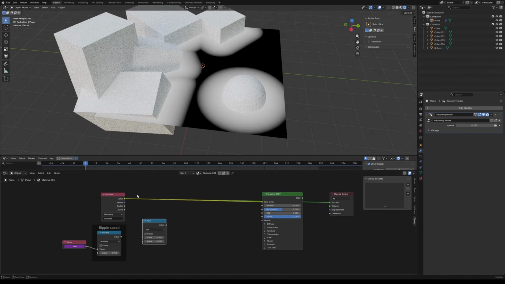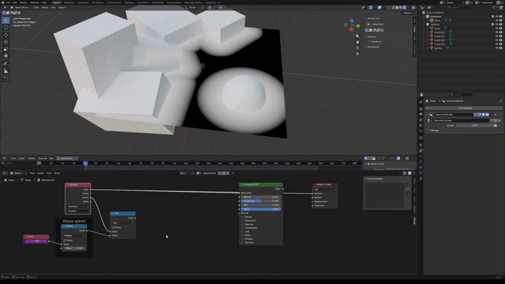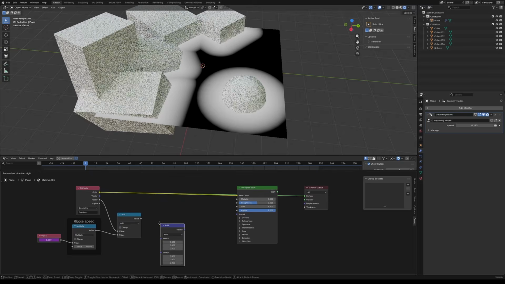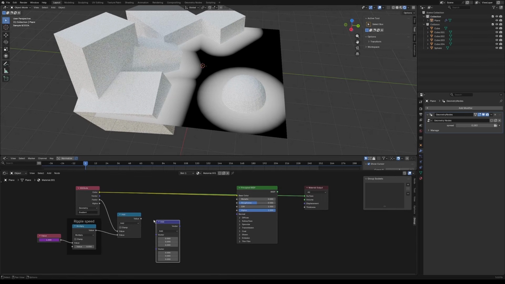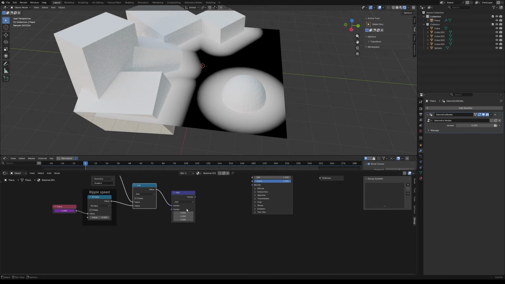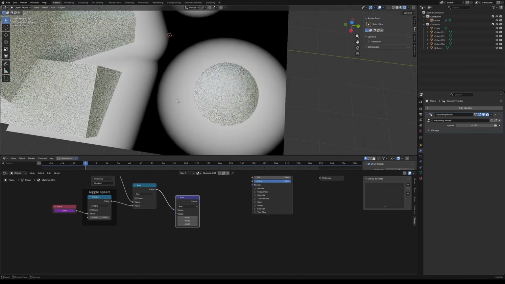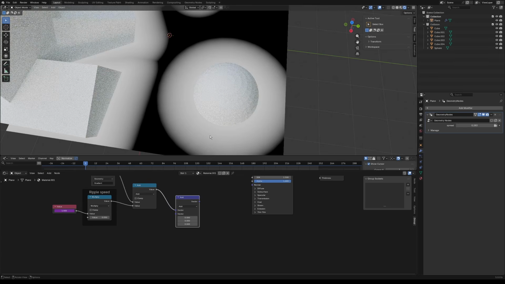So we'll drag the factor out of our attribute into the top socket and our ripple speed into the bottom one. Then we will create a vector math node and we'll plug our add into the top socket of that, and into the bottom socket we need to create noise. Now what this will do is essentially we'll take a noise texture and add it randomly to the gradient